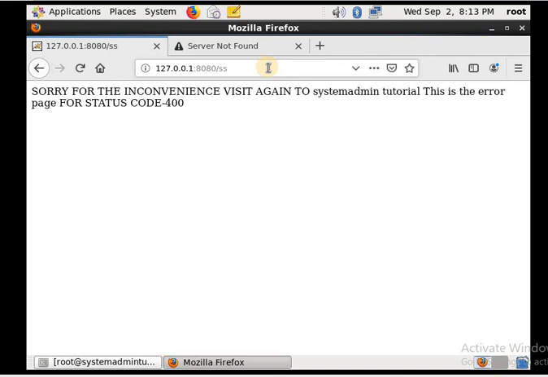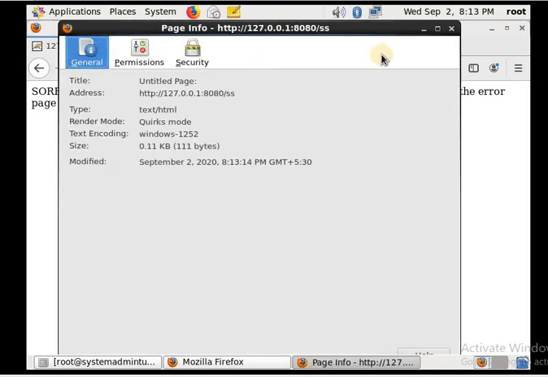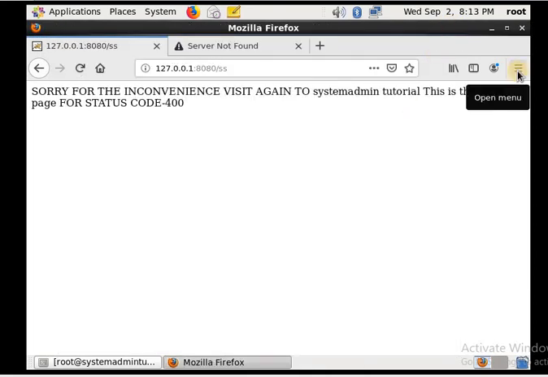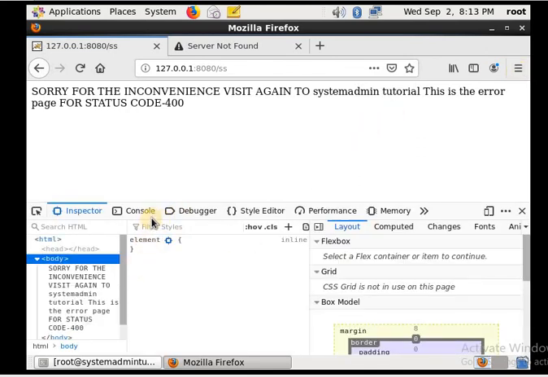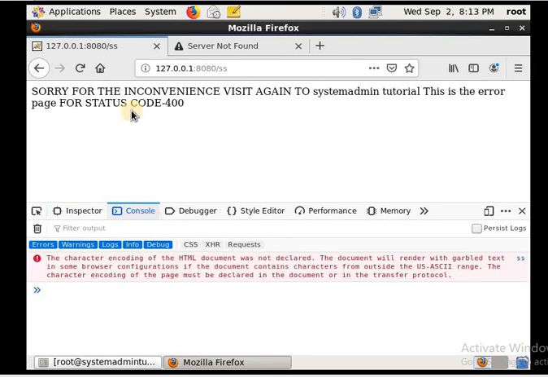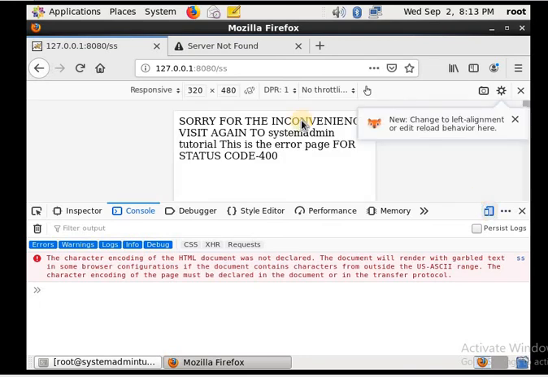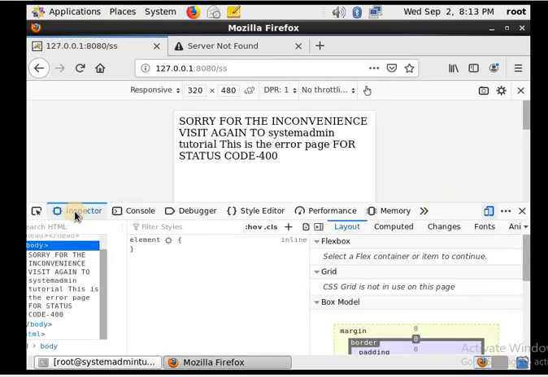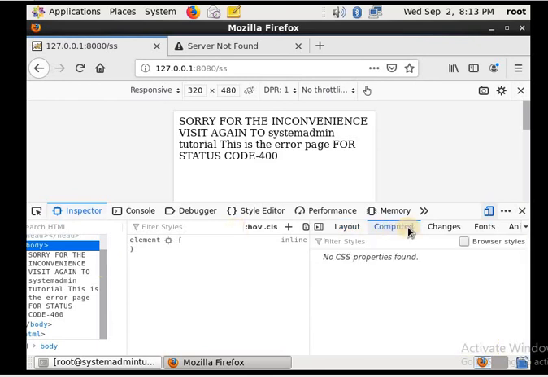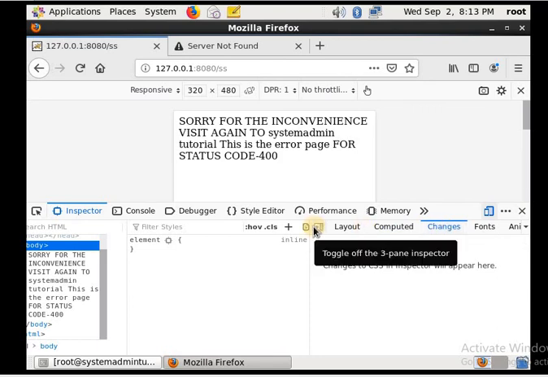For this, you can go to the developer tools. Here in the inspect mode, you can see the 404 status.